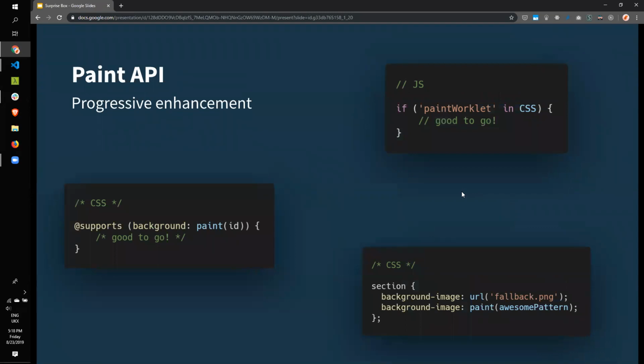As we said before, you can also do progressive enhancement. Directly in CSS, you can use @supports to see if you can use the Paint API, and if not, do something else. Actually, you can also directly fall back with a more normal pattern. For example, background-image with this URL, and if the paint is going to fail in CSS, it fails silently